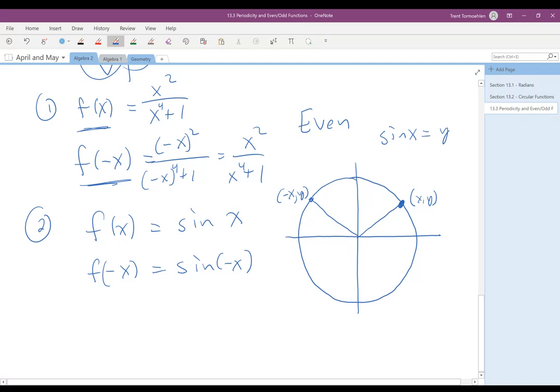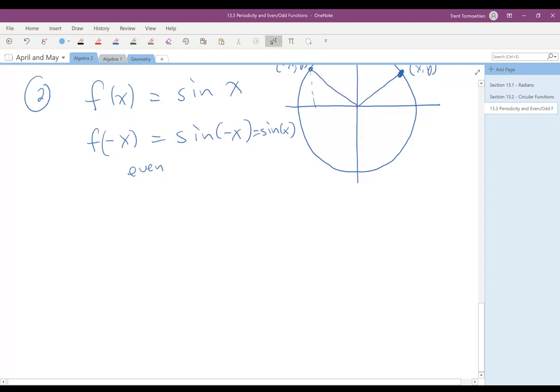the y values would be the same at negative x, because it'd be negative x comma y as well. And so in this case, this one would be an even function because sine of x and sine of negative x have the same y value, and so they're going to be an even function. If I looked at one like this,